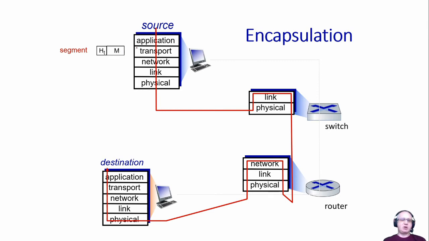That was information that the application gave to the transport layer when it asked to send this message. Now the application does not need to explain to the transport layer what's in that message. The message itself is opaque to the transport layer. It just treats it as a number of bytes, which is why it is prepending its own information at the beginning. Then the segment is passed to the network layer.